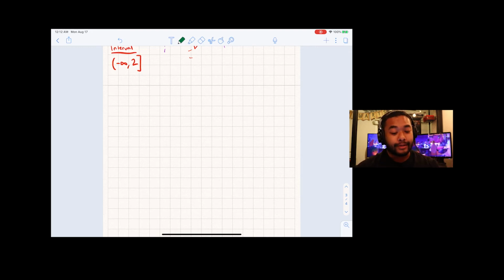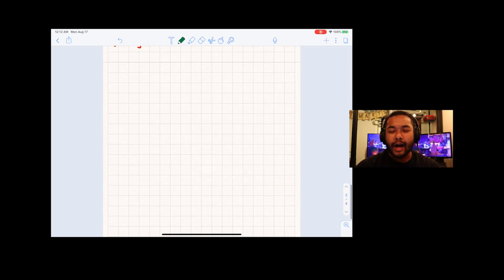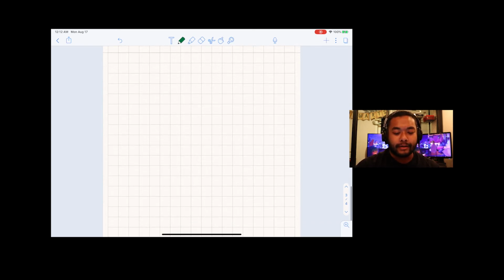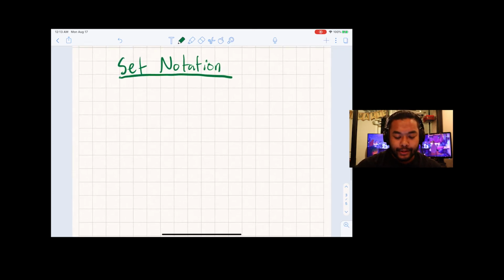But for honors kids, the last one and the more convoluted way of talking about notation is set notation. And sadly, like I said, set notation, as you're about to see, is really precise and very useful, but we mostly only use it in calculus and analysis because the diction and the way we describe things is so much more accurate and precise, or needs to be more accurate and precise. So for set notation, we have,